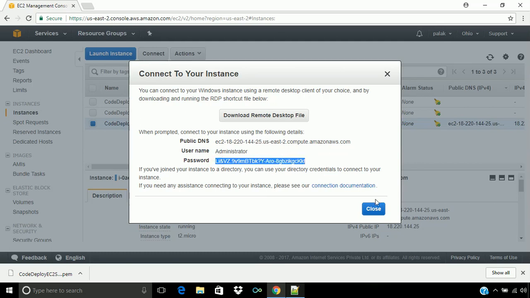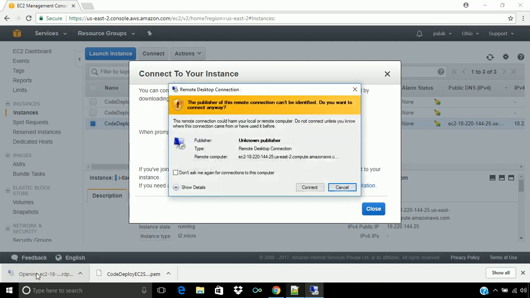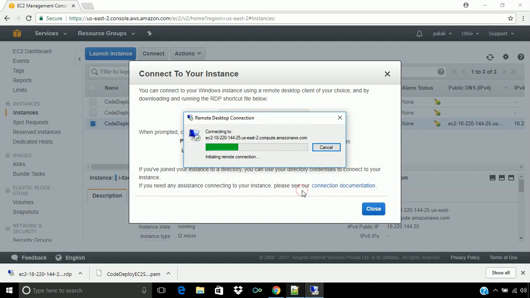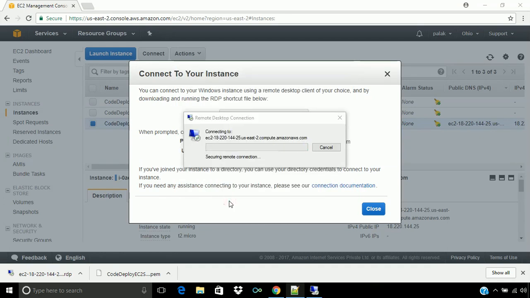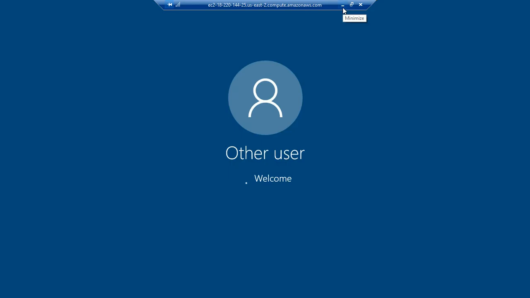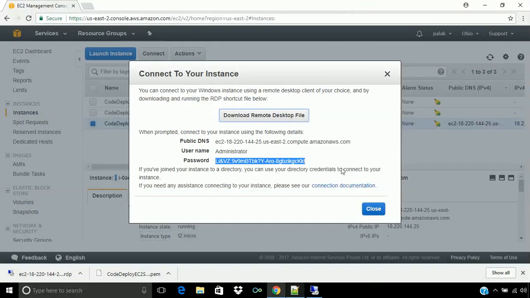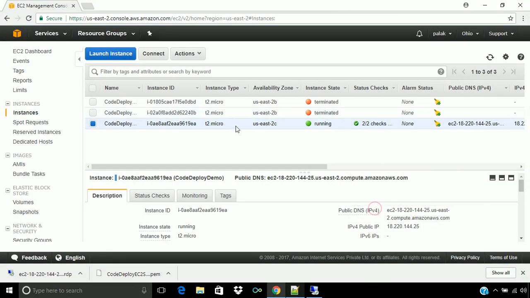Let's copy this password and download the remote desktop file that will be used to RDP to that EC2 server instance. So let's connect to this instance. It will ask for the password. At that time we can paste it here and it will allow us to make a connection. Click on yes. So this is how we can connect by remote desktop to that EC2 instance.